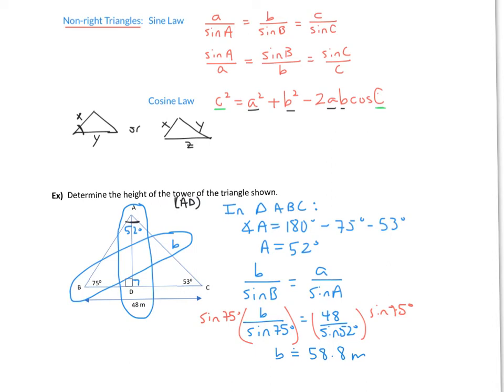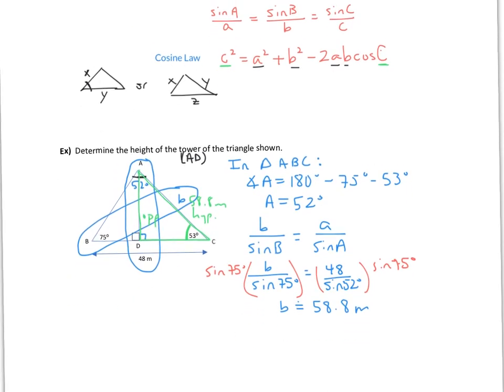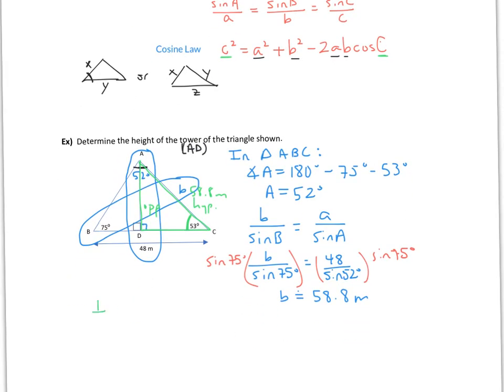Now, I know in triangle ADC, I know the length of the hypotenuse. So if I look at my triangle ADC, A to D to C, I know the length of the hypotenuse is about 58.8 meters, and I know this angle here, angle C, is 53 degrees. That makes side AD the opposite to it, and we have the hypotenuse. So I'm thinking sine is going to work with a right angle triangle. So now I'm going to say in triangle ADC,